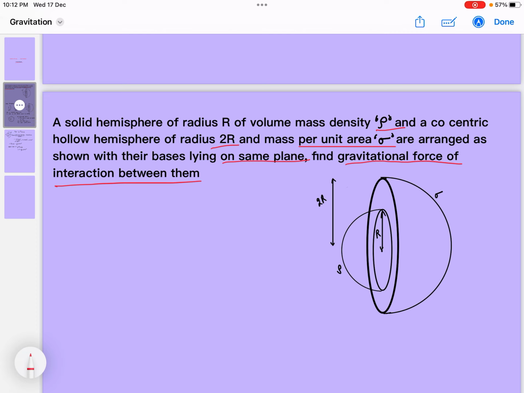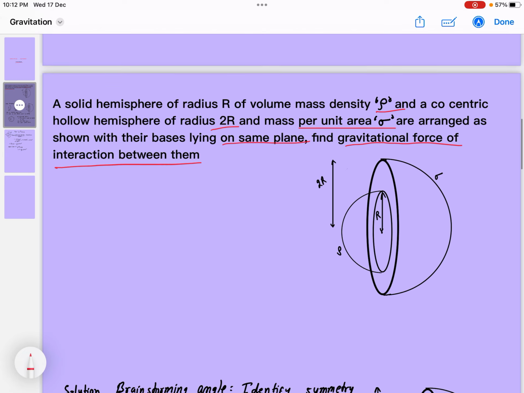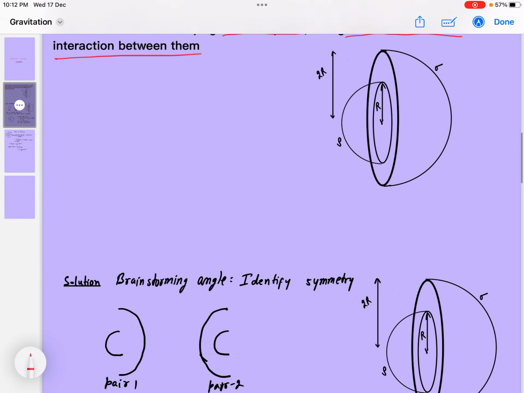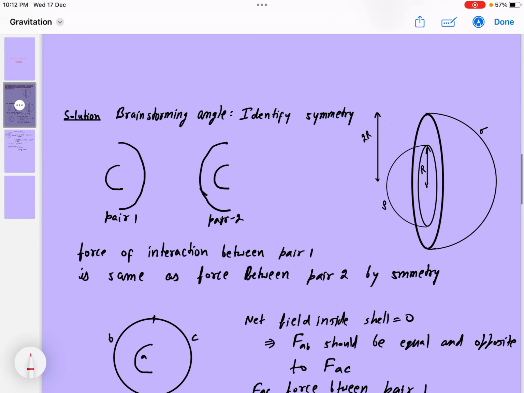Now, dear students, if you see this question here, first we need to identify some symmetry here, right? So obviously, when you are trying to do brainstorming, it is very much clear that with the help of integration we cannot get anything. Or even by integration we can get, but that type of higher mathematics we cannot use because we have not covered it in our syllabus till JEE Advanced. Okay. So the brainstorming angle is what? We need to identify the symmetry. That is the thing. Okay.